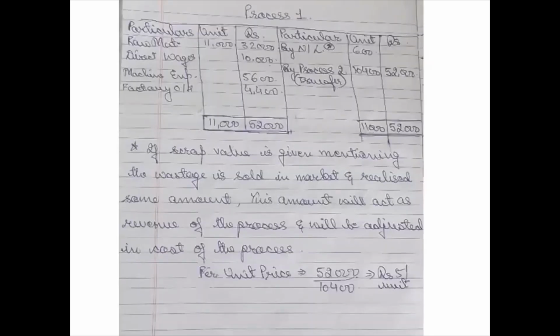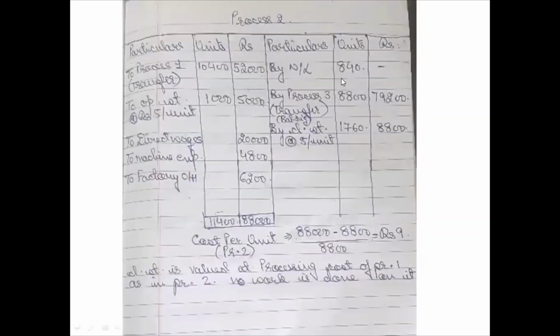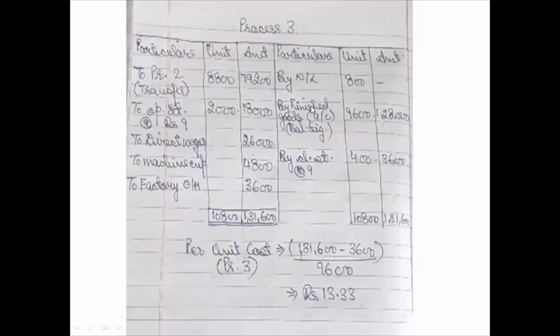Okay, the raw material will be introduced in process 1. Then the output from process 1 will be transferred to process 2. The output from process 2 will be transferred to process 3. And if process 3 is the last process, then the output which we are going to receive is your finished good. Kindly go through the question once, and we are going to discuss in case of some query.